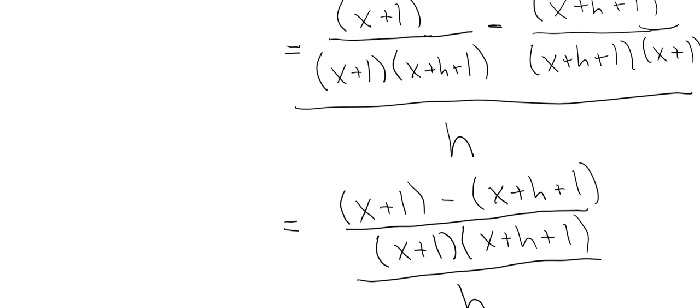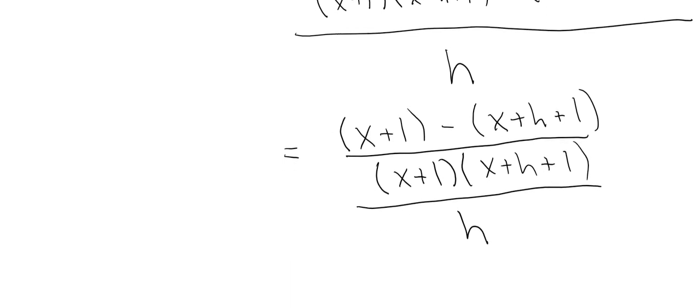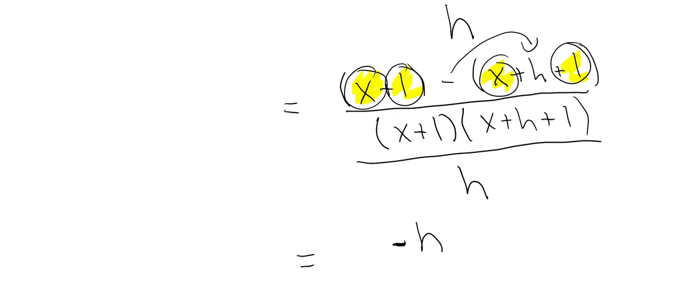Right, so again, I know I'm going quickly. Feel free to pause. I don't expect anyone to be moving at exactly the same pace. We have an x here, we have a minus x, we have a plus 1, we have a minus 1, so all those will cancel out. So I'll highlight again: positive x minus x, positive 1 minus 1. And so we are now left with h, or negative h, almost messed that up. The negative sign gets distributed, all over x plus 1, x plus h plus 1,